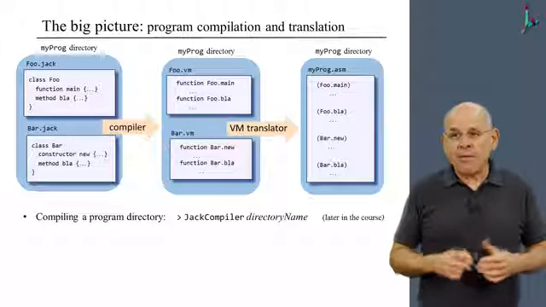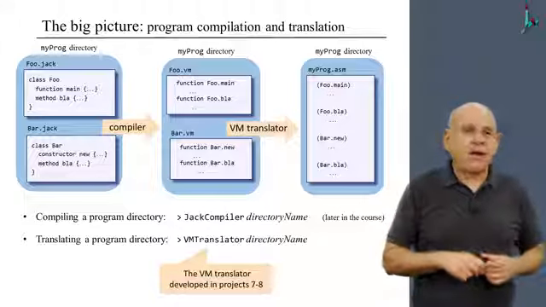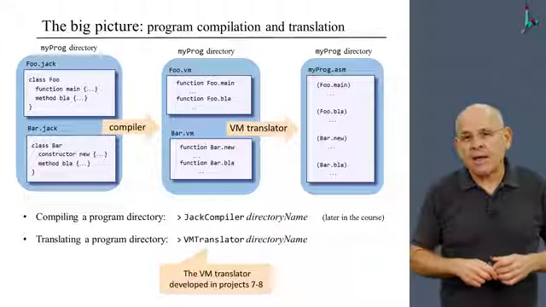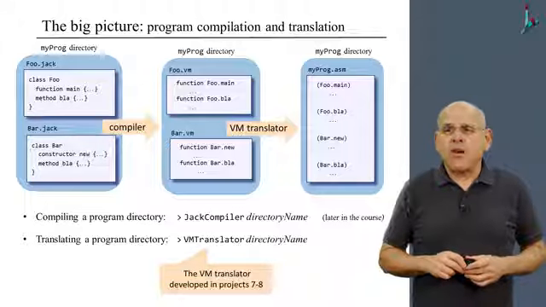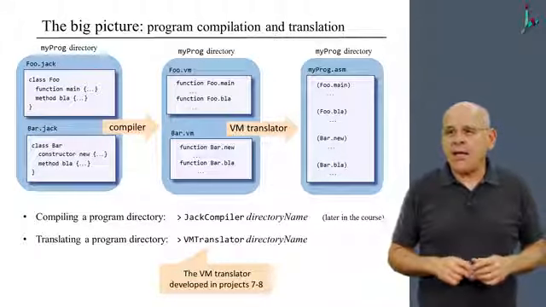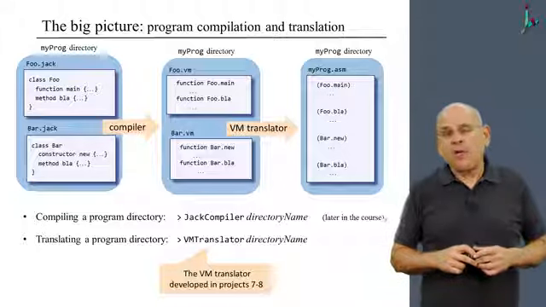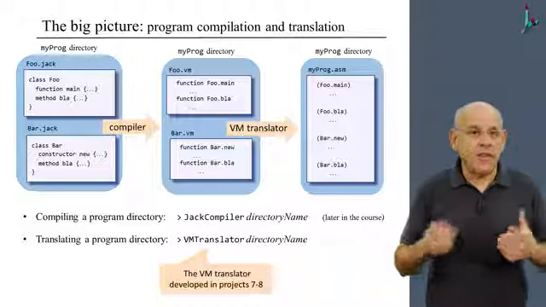So this VM translator is actually the program that we are developing in the current project and in the previous one. So that's the big picture, and we are going to write the assembly code on the right-hand side using Hack assembly,